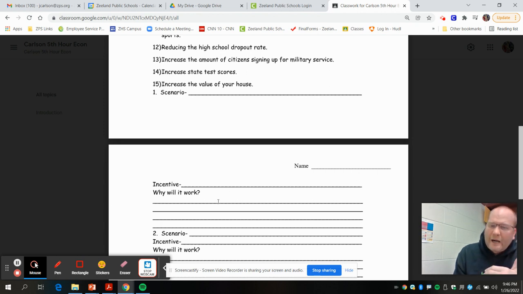Then I'm going to write down why it will work. So I'd put, I think this will work because the punishment is so severe that no one's going to want to break it. Like, that's way too severe. If you think about that, if you're tempted to underage drink and also you're like, man, if I get caught, I have to pay $10,000. So that's why I think it's going to work. Is it going to stop everybody from doing it? No, but I think it'll help out. Okay, so you can't use that example.